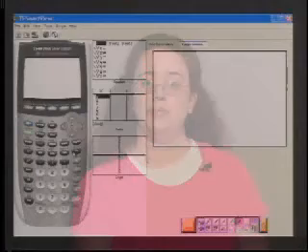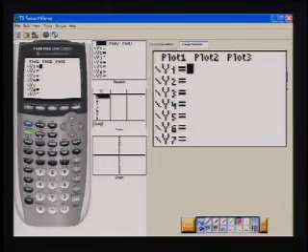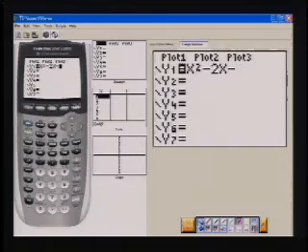f(x) equals x squared minus 2x minus 3. Let's graph that on our graphing calculator. So we want to see what this graph looks like, so we're going to enter the function in the y equals screen. So I choose x and then squared minus